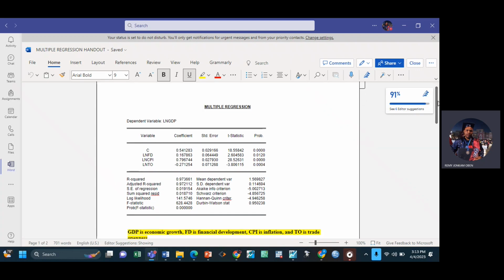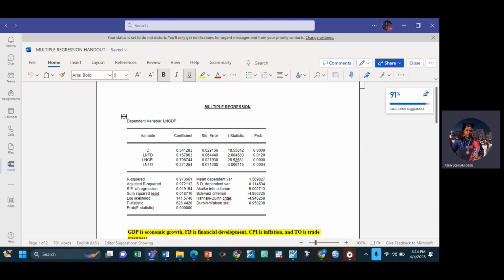Okay, guys, this is a typical regression output, right? So if you estimate any model, a regression, you have the coefficient, the standard error, the t-statistic, and the probability value, right? How do you calculate this t-statistic? Simply take the coefficient and divide by the standard error. You can try. Choose any coefficient here and divide by its corresponding standard error. It will give you the t-statistic. That's how we calculate the t-statistic. And yes, you can try if you have time.